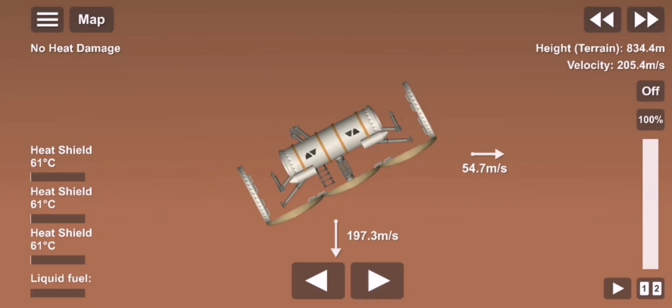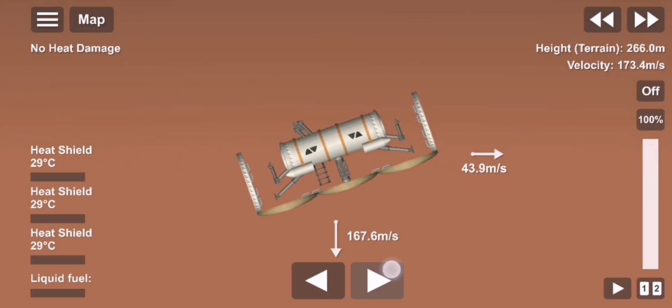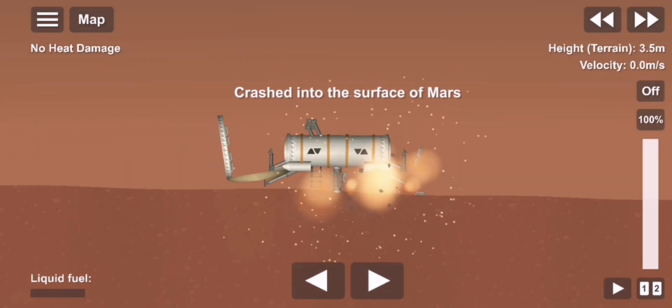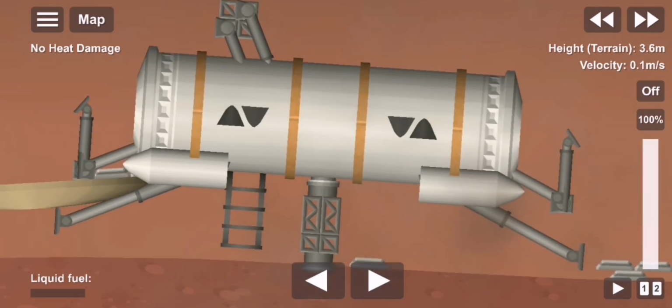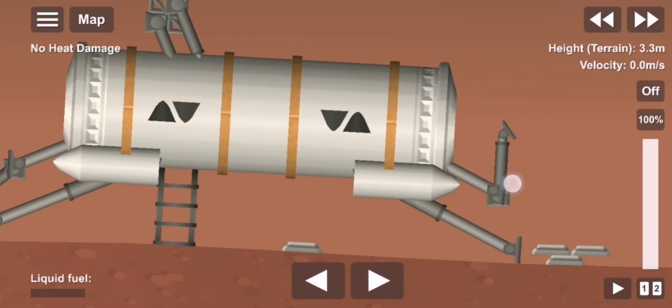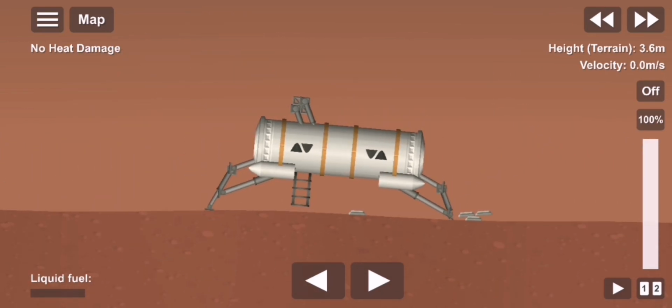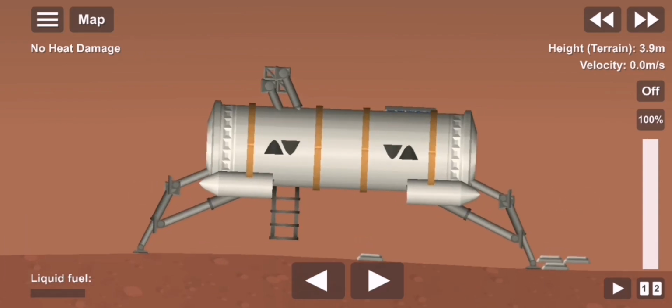So at this point I was getting very worried. I'm falling very quickly into Mars's atmosphere. I can't deploy my parachutes, and oh god! We've landed! Alright, so after that absolutely successful landing with no injuries dealt, we have placed the Martian base onto